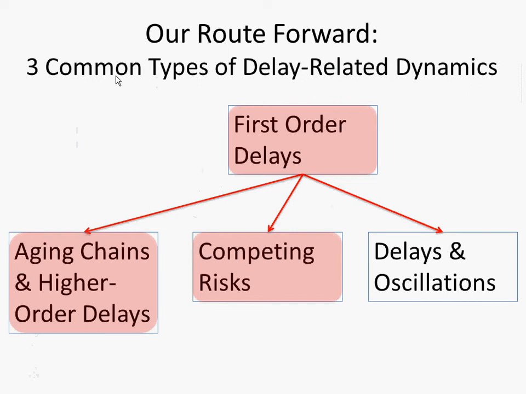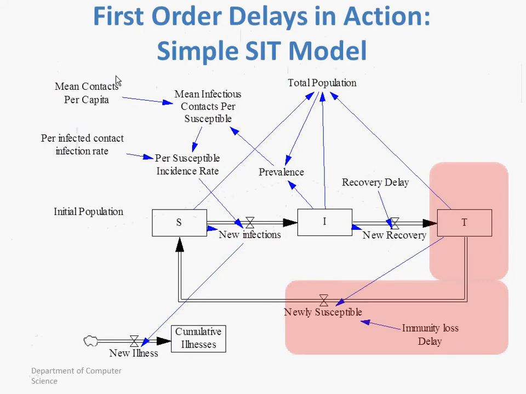And finally, there's issues of delays and oscillations that I'm not going to talk about in this lecture, but the fact is oscillations arise from situations where we have delays associated with things. And so the easiest way to represent that is with two stocks, and that's where we start getting oscillations coming in. Physicists know it from harmonic oscillators, where you have velocity as well as position,